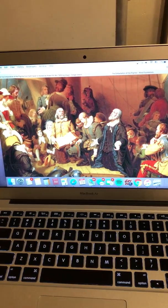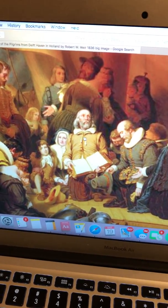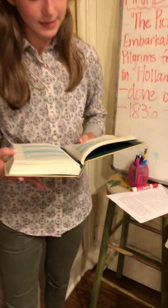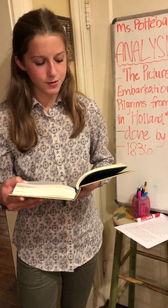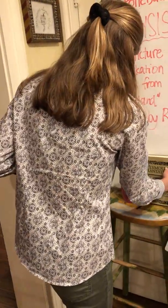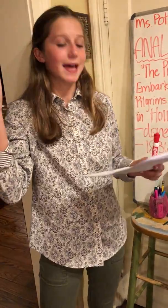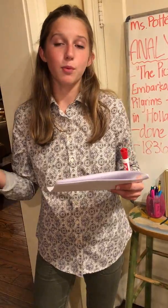It says on page 50 in Of Plymouth Plantation, I'll get out my book. "The Reverend Pastor, falling down on his knees and all with him, with watery cheeks, commended them with most fervent prayers to the Lord and his blessing." This man is looking up into the heavens with fervent prayers to God, which means he has an important religious